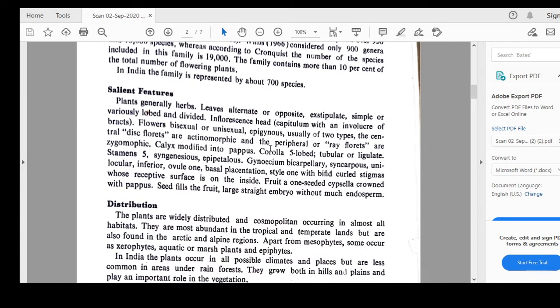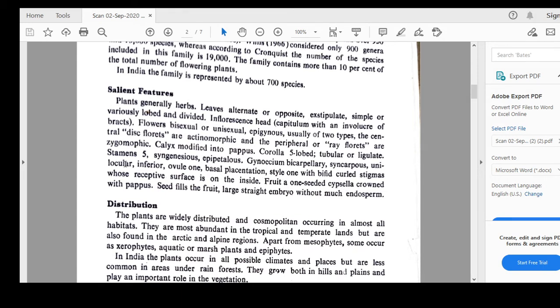Flowers bisexual or unisexual, epigynous, usually of two types. The central disc florets are actinomorphic and the peripheral or ray florets are zygomorphic. Calyx modified into pappus. Corolla 5-lobed, tubular or ligulate. Tubular in disc florets, ligulate in ray florets. Stamens 5, syngenesious, we discussed earlier, epipetalous, gynoecium bicarpellary, syncarpous, unilocular, inferior, ovule 1, basal placentation, style 1 with bifid